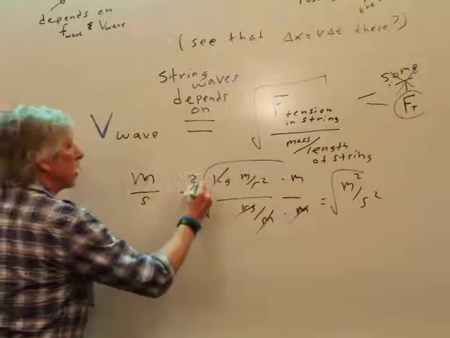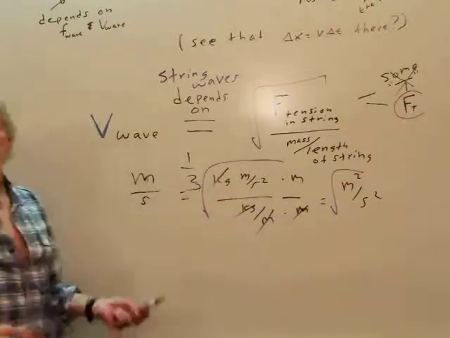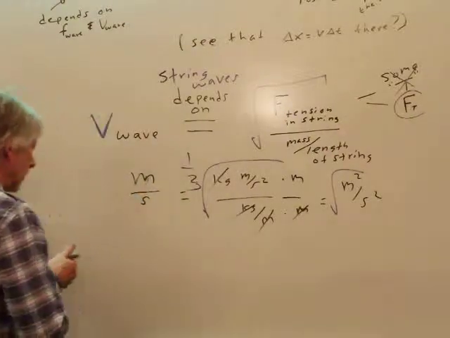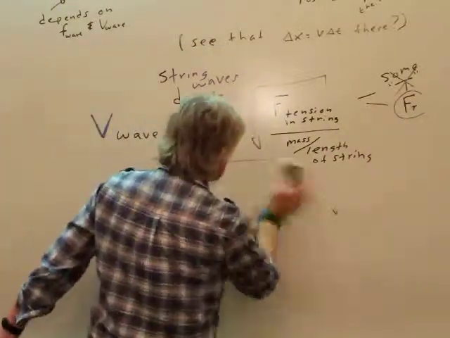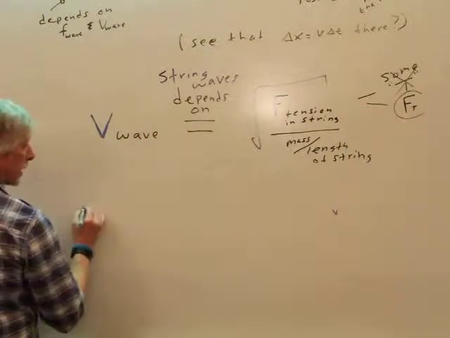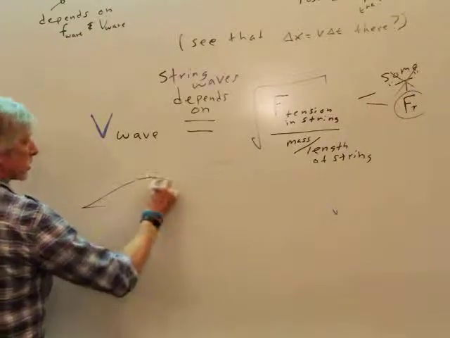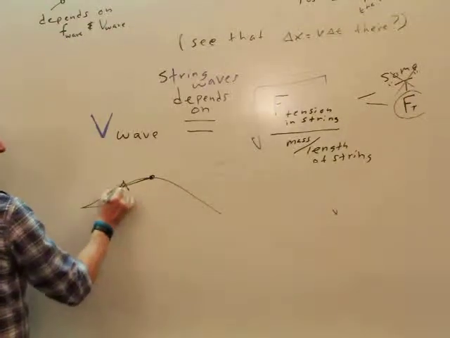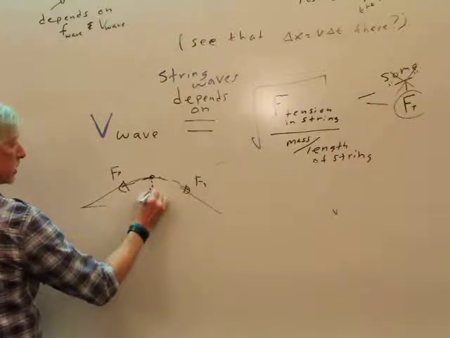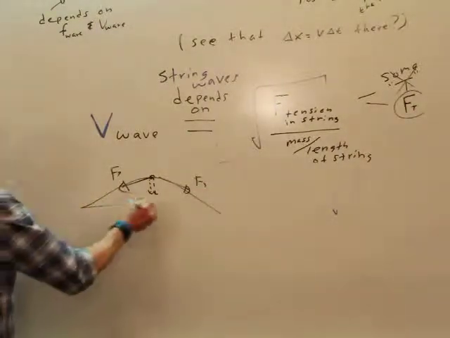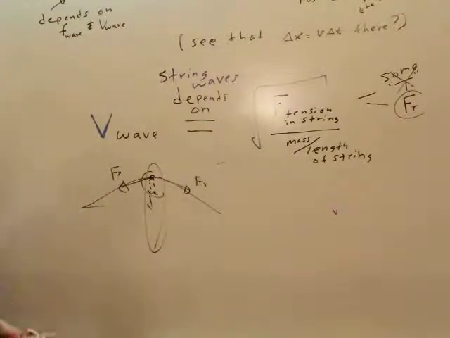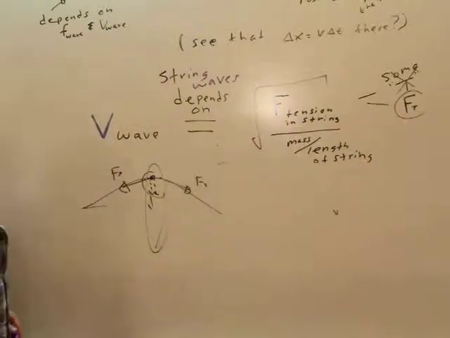Now, maybe there's a 2 in here that's missing. Maybe there's 1/2. Maybe there's a third. Maybe there's a pi. Something like that. No, in fact, this is the right equation. And how do I get that right equation? Well, again, you can do this or look it up in a text. I'm not going to go ahead and do it for you. I take a string and I stretch the string so that it goes like this. I look at one piece and I say, hey, there's a tension there and there's a tension there, so that I've got a component downward and a component downward. And that's what's snapping it back, and I treat that very much like a spring, right? Like an oscillation due to a spring. And you get, in fact, that.